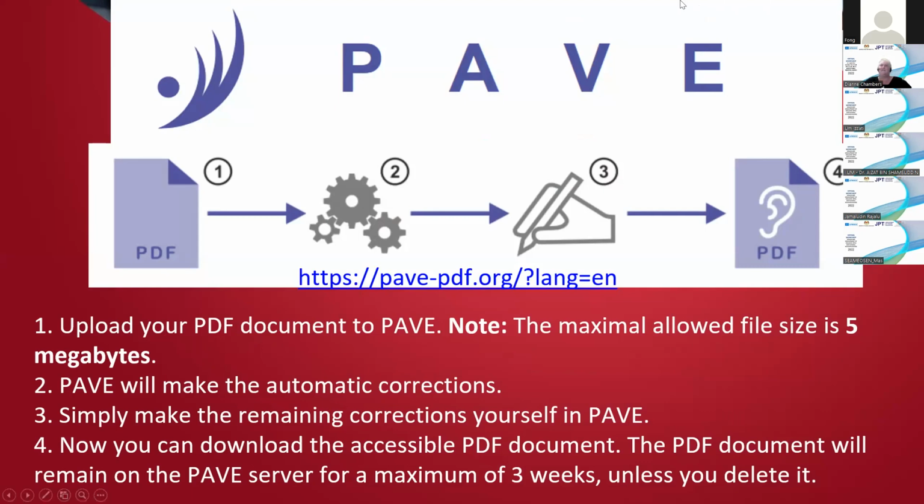Fantastic tool. This came out of an excellent project that was run by, I've forgotten the name of the organisation, ICT Accessibility Organisation. And I can actually show, go away, sorry. My document's still converting. I can actually show you this website because I think it's quite spectacular. Okay, let me share my screen. Pave. There we go.